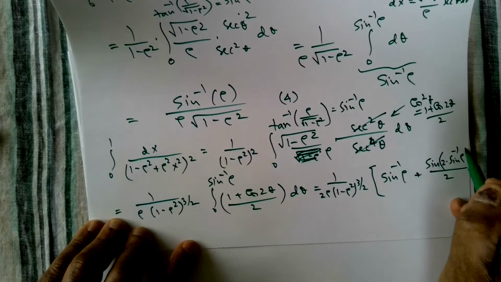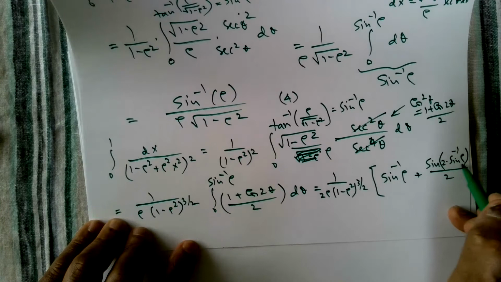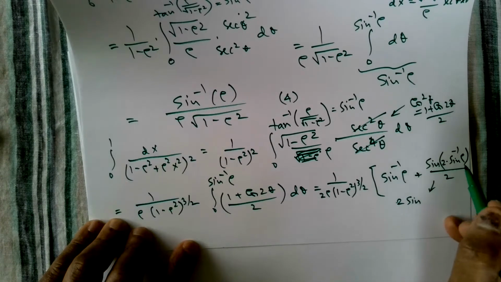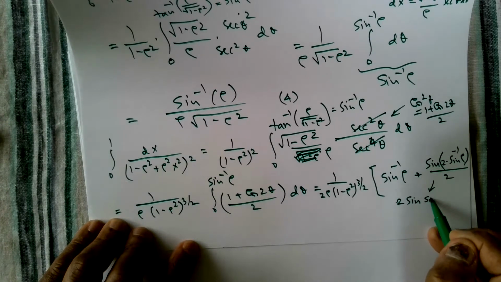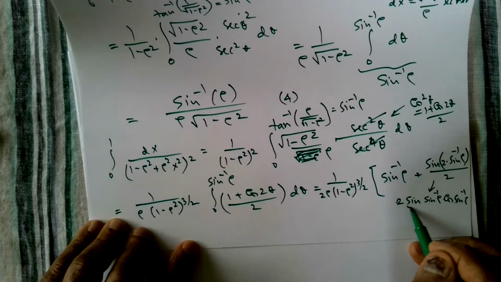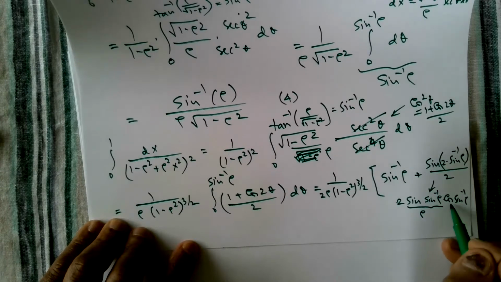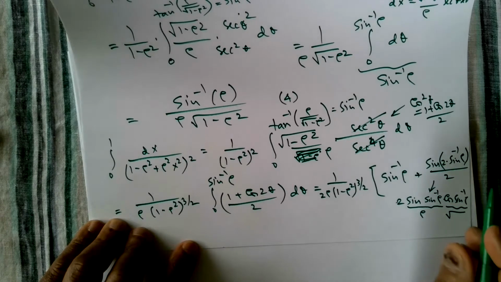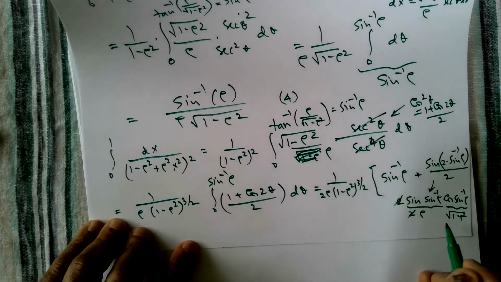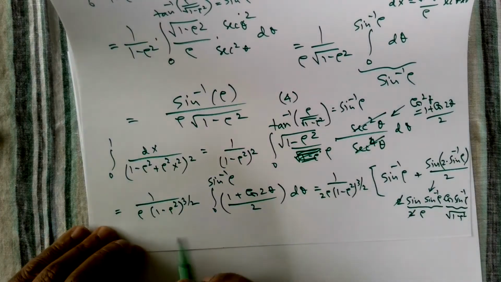So to simplify this, sine 2 theta, we can expand it as, let me just expand it here. This is sine 2 theta equals 2 sine theta cos theta. So 2 sine of sine inverse rho, that's rho, multiplied by cos of sine inverse rho. So this is just rho. This, if you work out, again, is going to be square root of 1 minus rho squared. And there was a 2 here, so 2 cancels. So this answer turns out to be